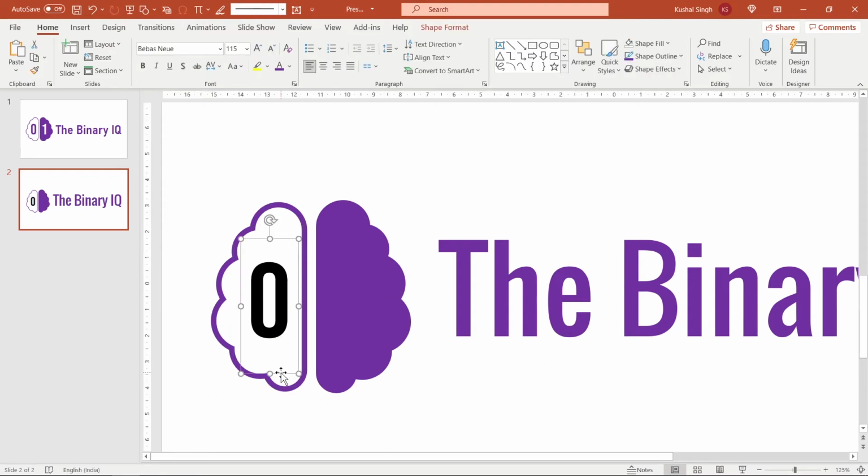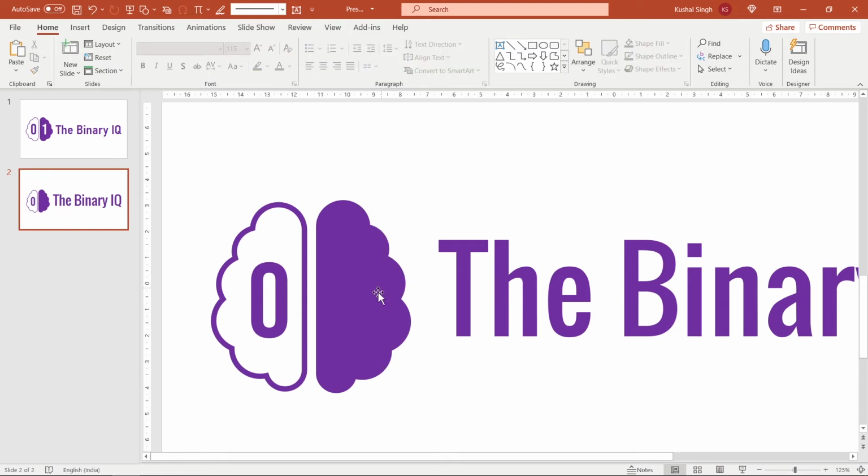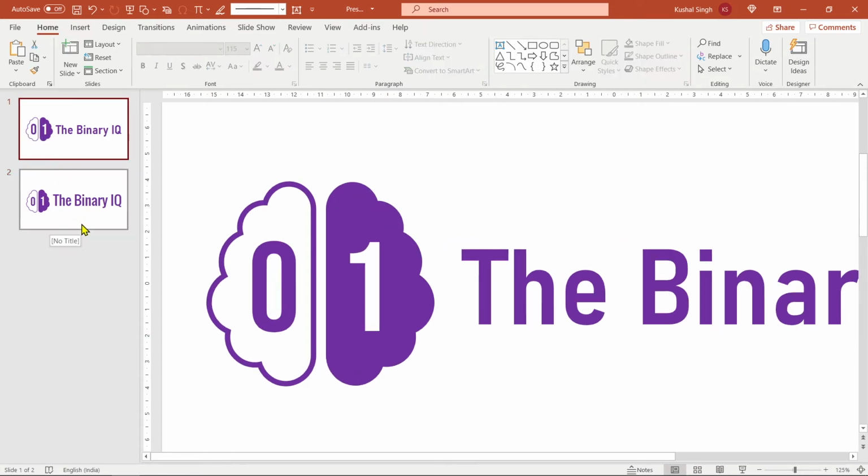All I need to do is change the color. So this one is purple. In order to copy it to the right, all I'll do is hold on to it and hold on to the control key. That way I can create a copy on the go. So I'll just place it right here. I'll change the font to 1, and right now you cannot see it because the color is exactly the same. So I'll just change the color to white. So I'll just center it, and this looks very much similar to this.